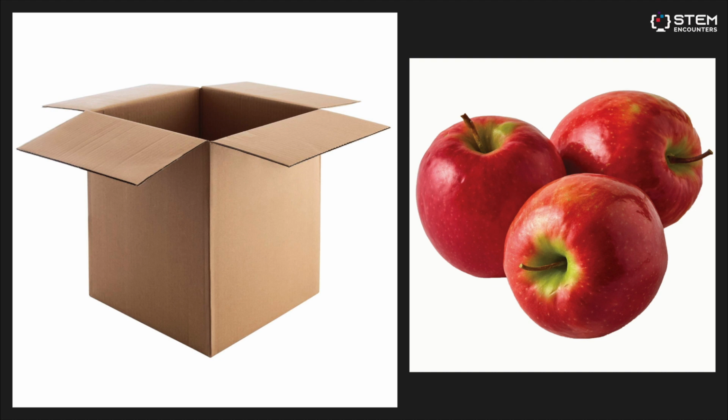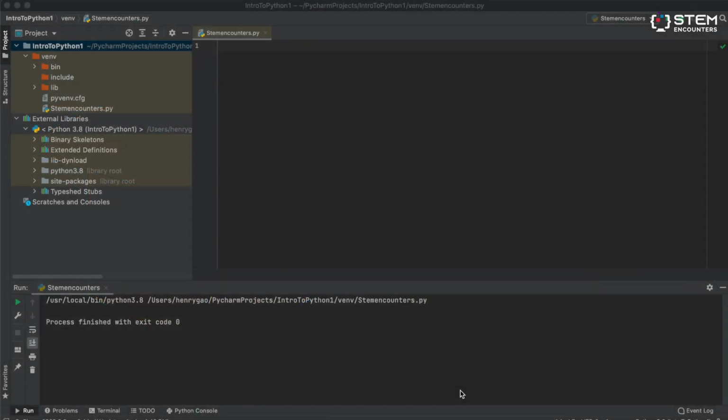Now imagine putting the thing you just imagined into that box. This represents the declaration of a variable. In code form, it would look something like box equals whatever you visualized. Let me give you an example. I opened up the IDE from the last episode, so I'll let you pause now and unpause when you have it open. Okay, so now that you have the IDE open, I'm going to create our example with the box